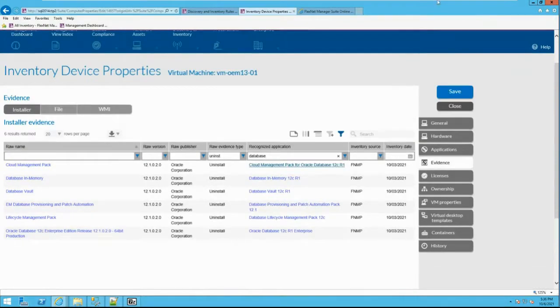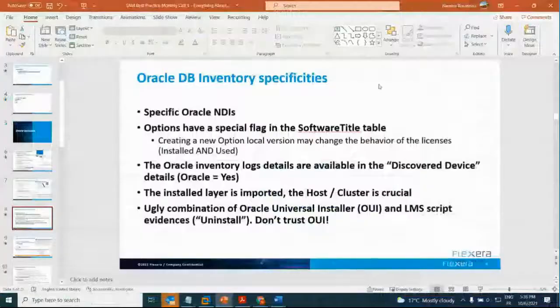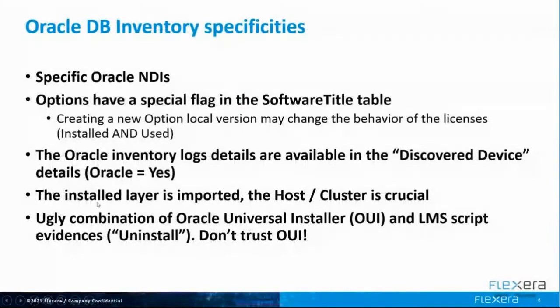So long story short, OUI are causing a lot of false positive, a lot of Oracle unspecified edition installations, and our goal is to minimize the quantity of OUI evidence we use to maximize the recognition and minimize also the false positives. Don't trust OUI. And the last one I forgot about these inventory specificities, FNMS actually will mix data from the